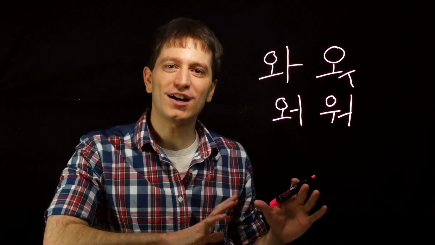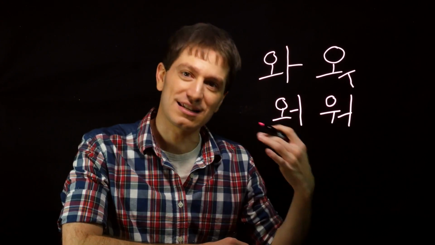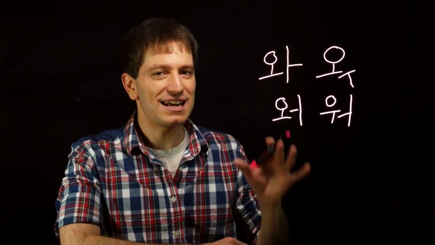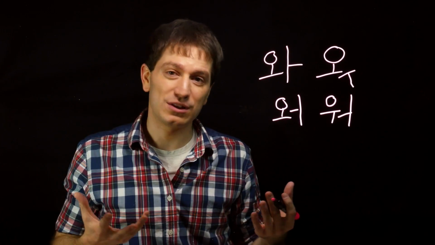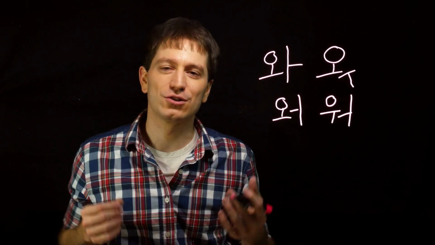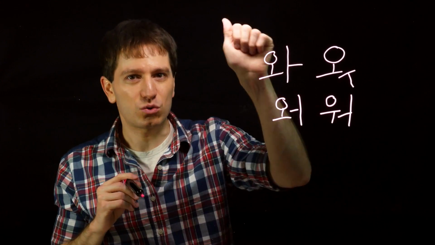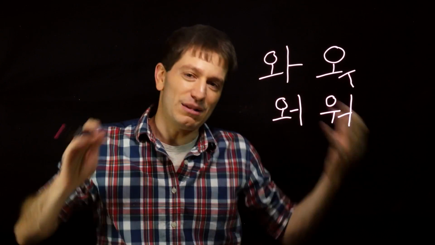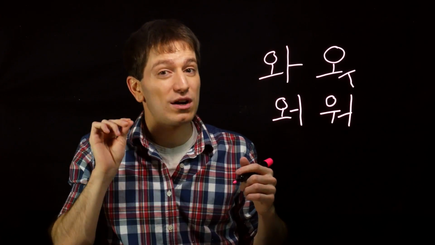So far, all we've been talking about is stuff that's kind of fun to know about bright and dark sounds, but there is a legitimate use for knowing whether something has a bright sound or a dark sound, and that is when you're talking about onomatopoeia. Beginners will not interact with this too much, but for intermediate and advanced learners, onomatopoeia can be very useful in Korean. You can tok-tok, you can knock on a door, you can splash into the water, any sort of sound you want to express, and this is where bright and dark vowels will come in handy.